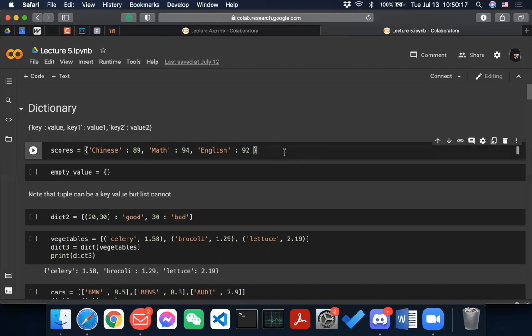The notation of a dictionary is pretty different compared to the notation that we were using before.